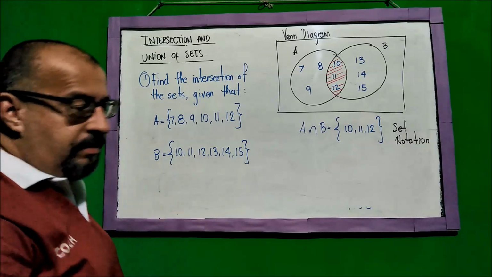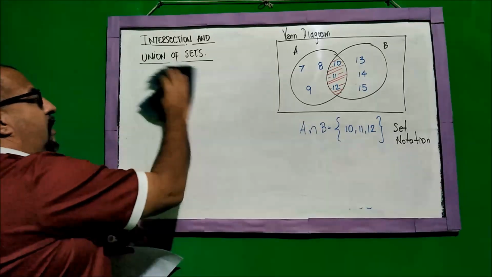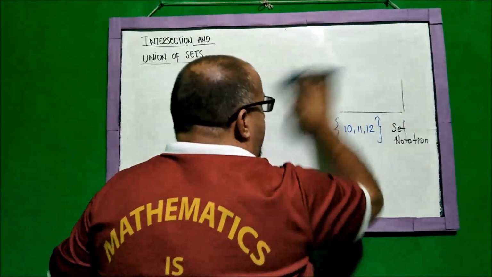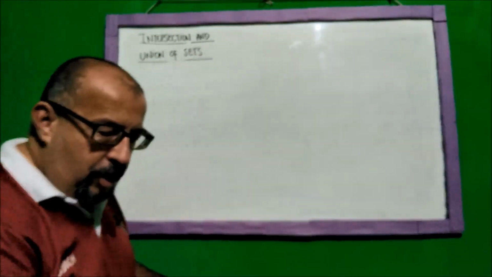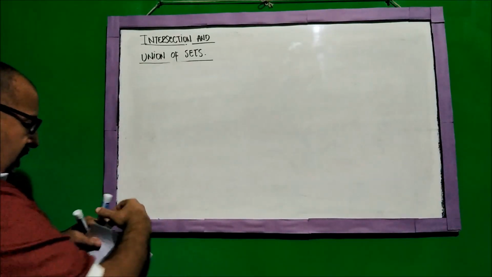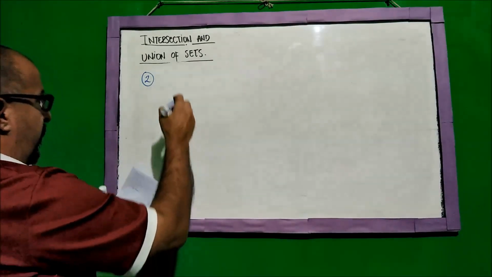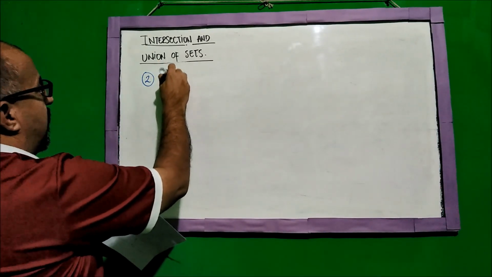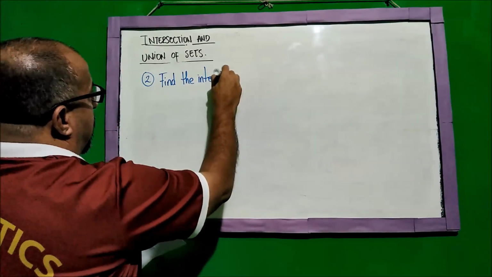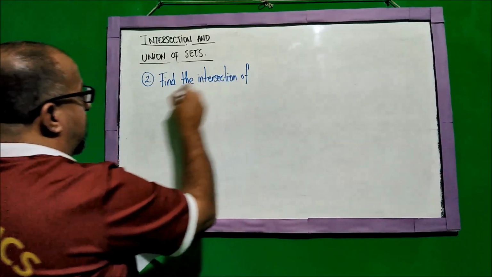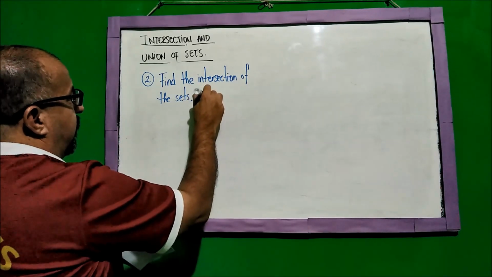Now let's see a second problem about intersection, and let's see what happens with it. Okay? In this second problem, we're going to analyze a very, very specific situation that may occur. Okay? We always need to consider all our possible answers. Okay? Example number 2. Find the intersection of the sets given that